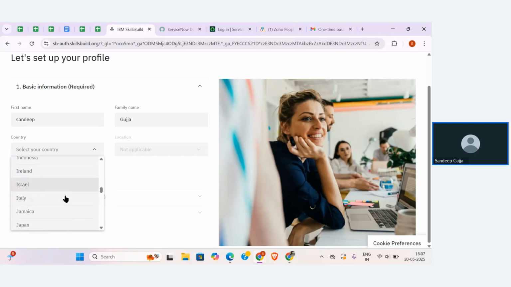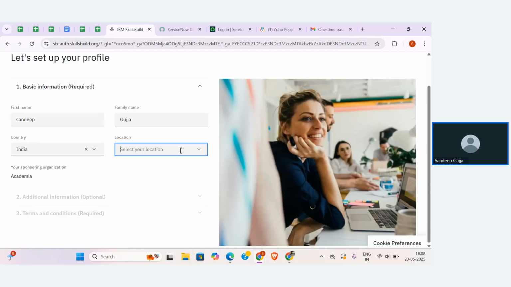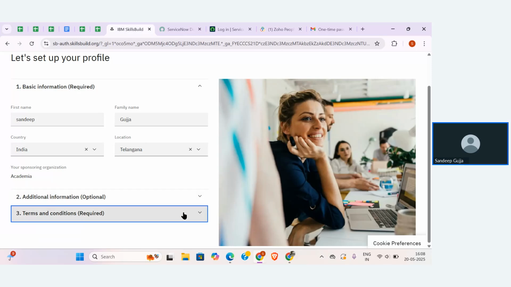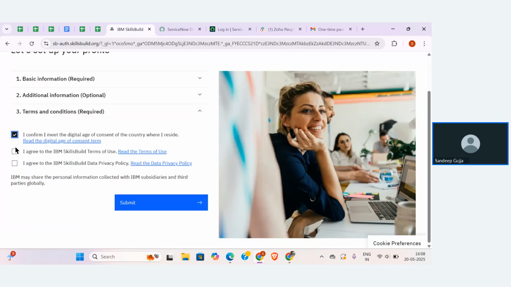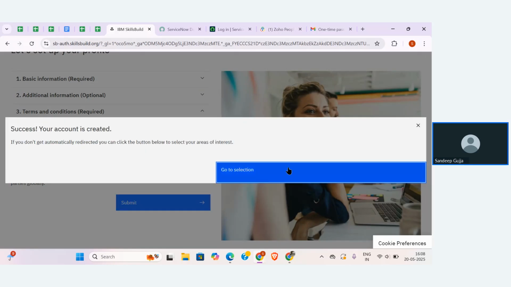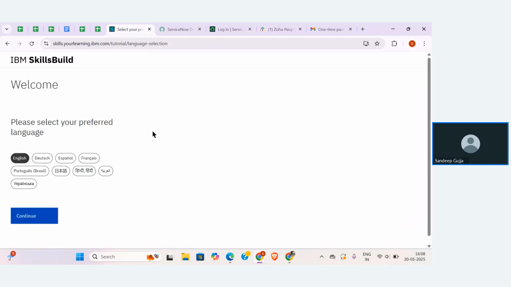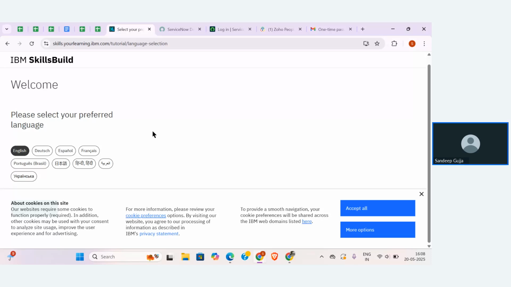Okay, everyone should fill the details. Click on submit. Then whatever the link that I have shared in the group, the same link is going to directly access one program, guys. So the same link helps you to access one program.